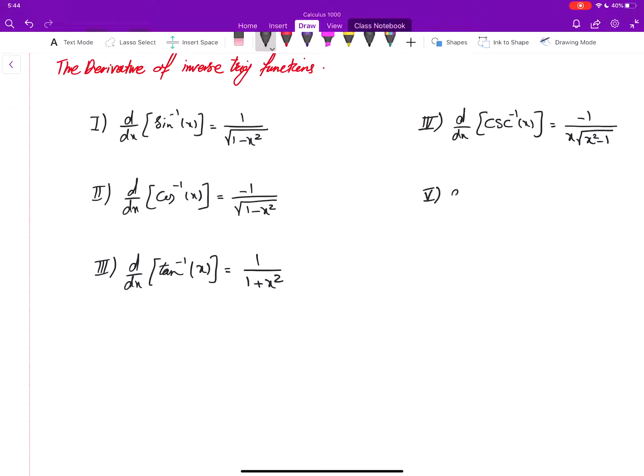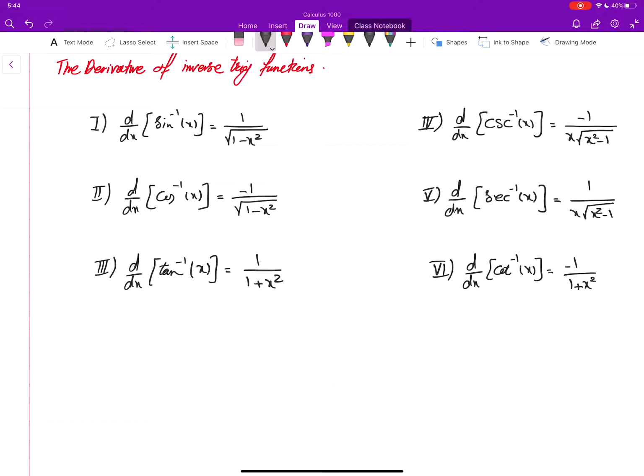The fifth one is the derivative of secant inverse, which is 1 over x times the square root of x squared minus 1. And the sixth one is the derivative of cotan inverse of x, which is negative 1 over 1